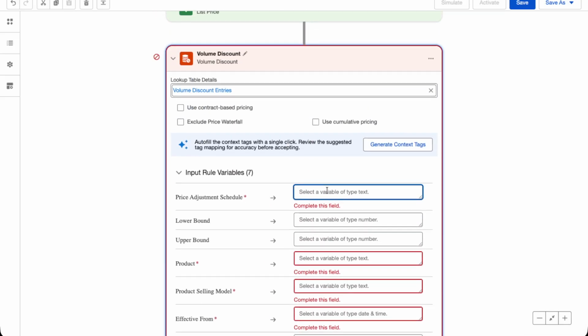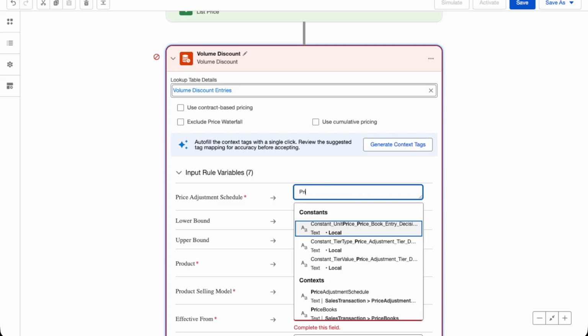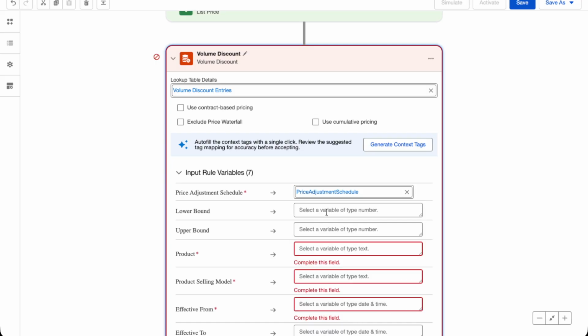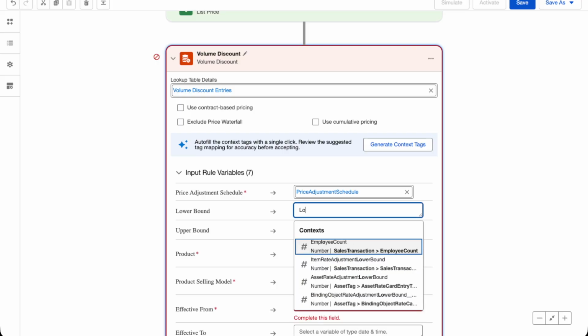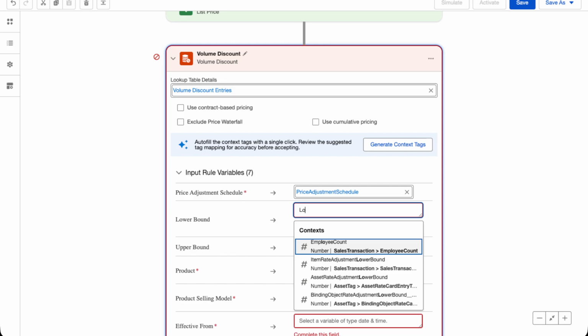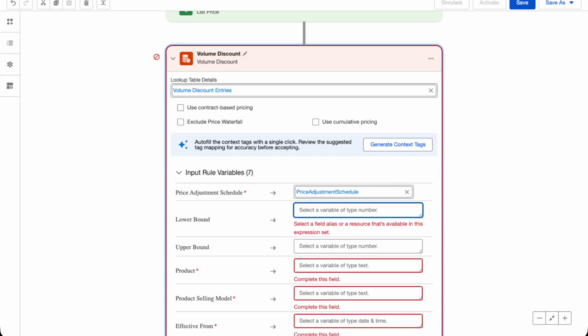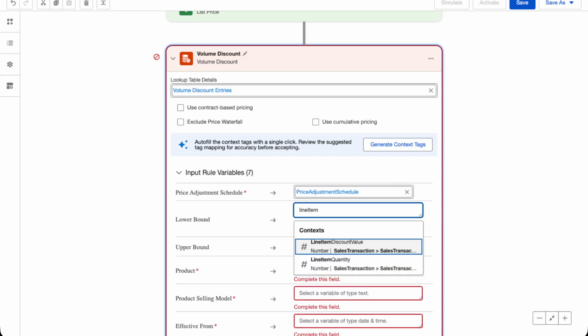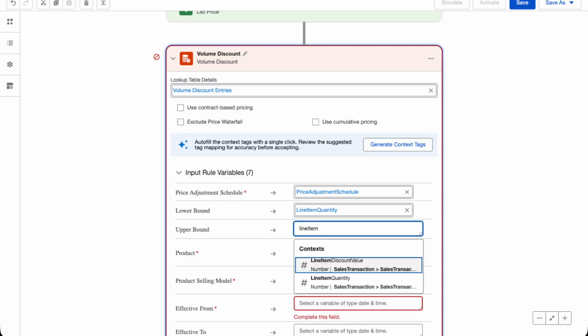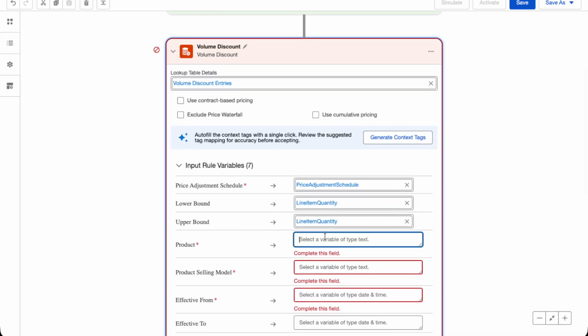So first one, price adjustment schedules. Type price adjustment schedules. Lower bound will be, I think its name is low or something. Or let me check it. I think the item rate adjustment lower bound, but let me check. Line item quantity. Sorry, line item quantity, because it will calculate on the basis of line item quantity. Same thing for upper bound too. Quantity. Product will be